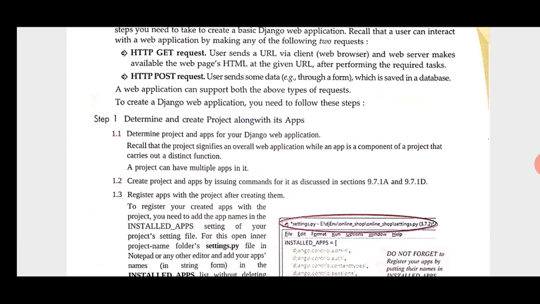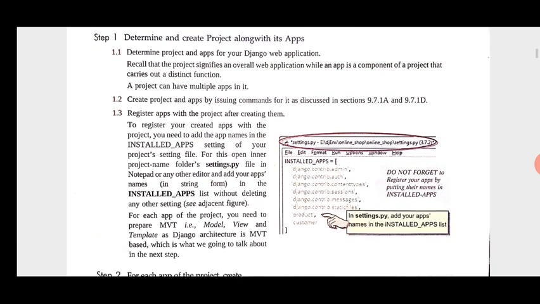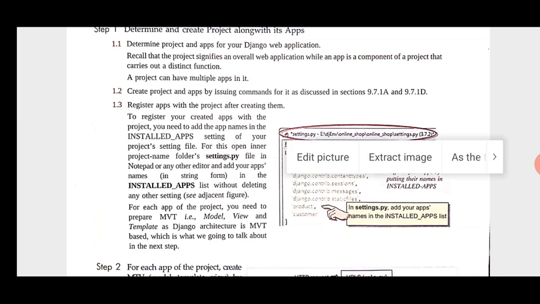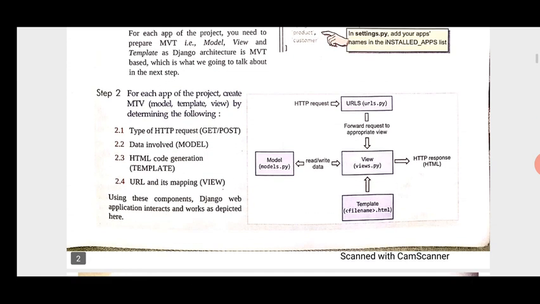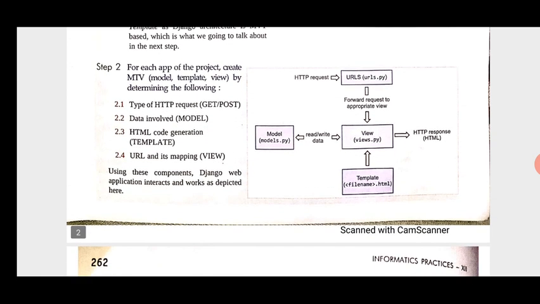Step number 2, go through each app of the project and create the MTV by determining the type of HTTP request, the data involved, the HTML code generation, and the URL and its mapping.